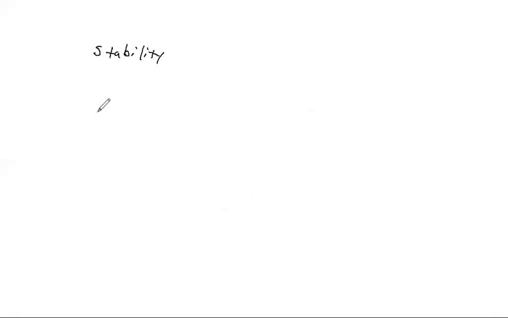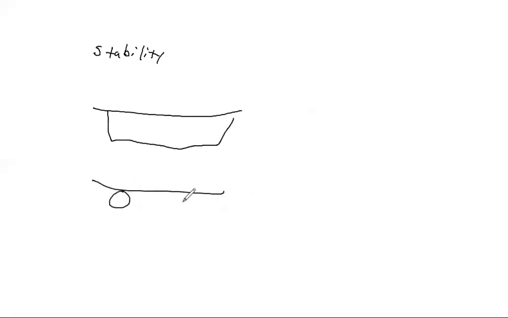When you have an object and it has some sort of a base, it could be a shape, it could be 2 wheels, whatever, and assuming there are no outside forces acting on this, what you want is to make sure that the center of mass of this object is in between the base, such that the center of mass is centered on top of the base. If that is true, then it won't rotate.